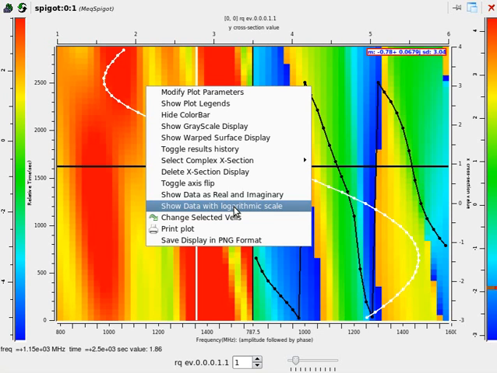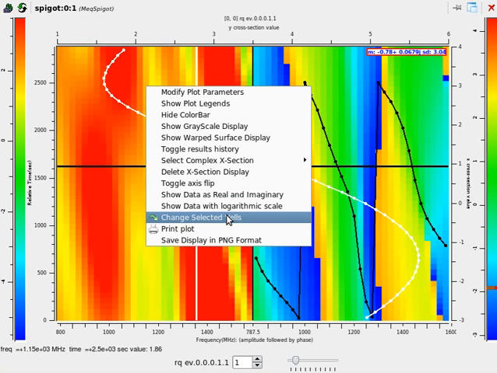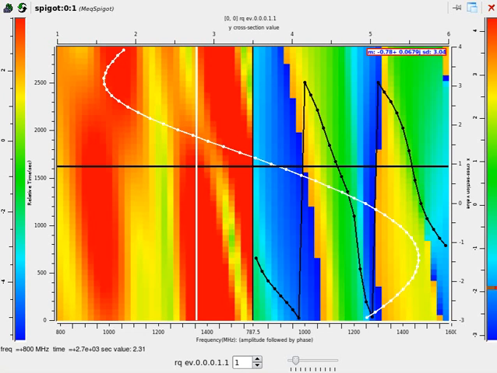Again, with visibility data, it's rather common that we might want to change the selected vels. And the reason for that is, of course, in a visibility observation, you're going to get parallel hand signals, either XX and YY, or RR and LL, which contribute most to the total intensity scale. And of course, you can get cross hands, which essentially represent polarized data. Now, in the observation I was simulating here, I don't think I simulated any polarization effects. So if we change the selected vels,